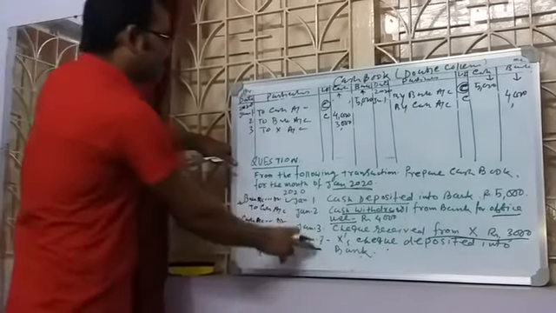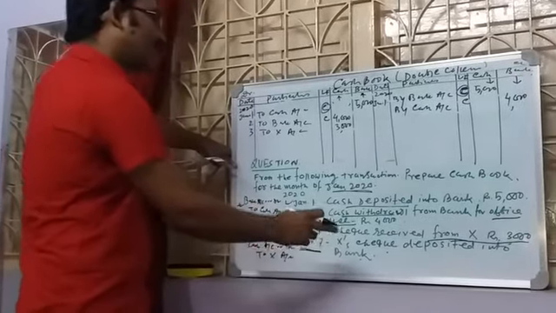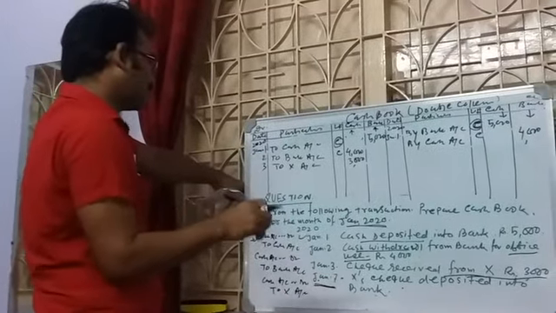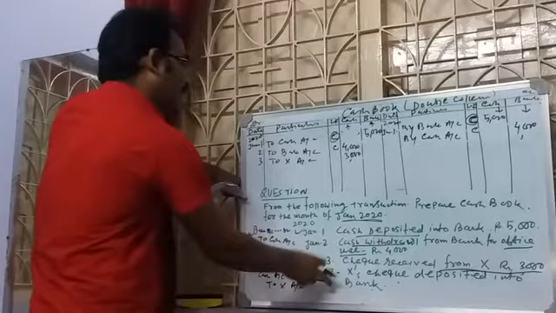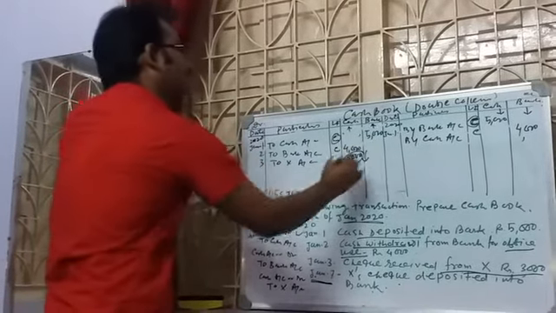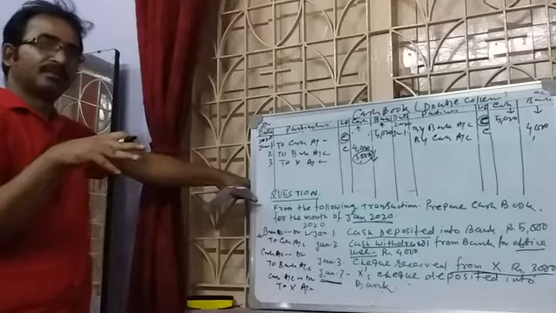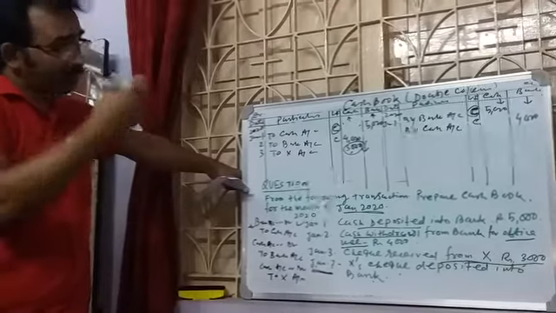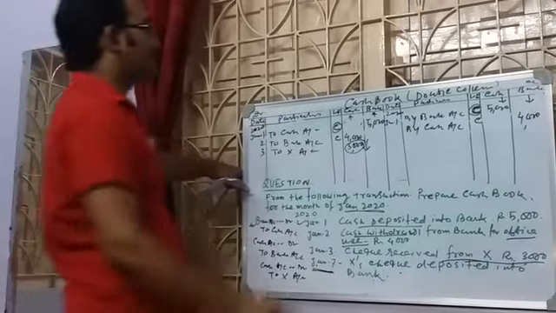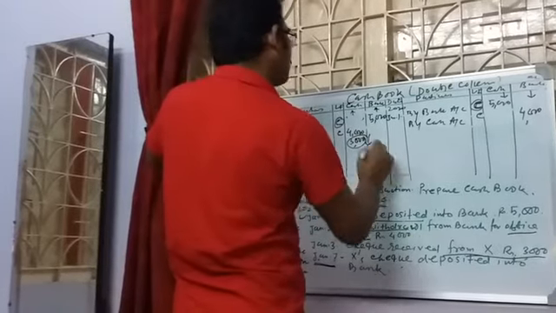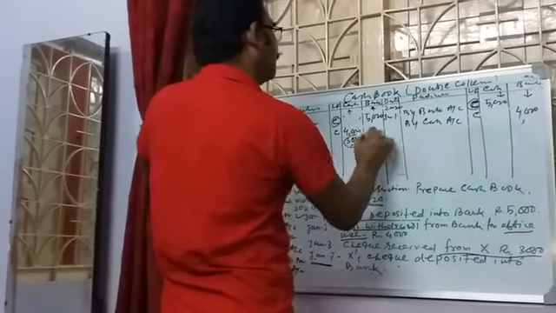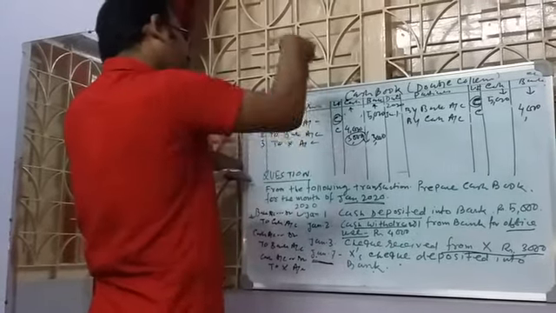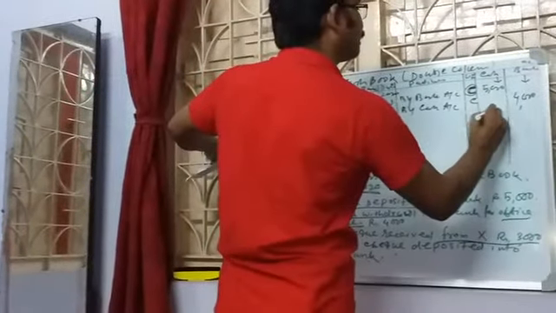Clear? Now I am going to Jan 7. When you are depositing the check into the bank on Jan 7, it means your cash balance of 3,000 is reducing. Practically, you think your cash balance is reducing. If your cash balance is reduced and you deposit your money to the bank, then definitely your bank balance will increase. So you put this amount 3,000 in the bank column. Clear? The 3,000 in your balance was increased on the 3rd Jan. Now your cash balance is reduced, so cash will be credited.